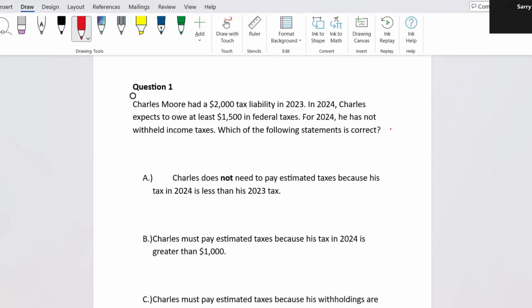Whether somebody has to pay estimated taxes, or how much they pay, will be tested on the Enrolled Agent Part One exam. Typically, to make it easier, the rule is that estimated taxes are due if at least $1,000 is owed. There's a part one and a part two to answering this. Part one is that it's at least $1,000 in tax liability. Part two is whether he paid less than 90% of the current year or 100% of the previous year. 100% of the previous was $2,000. 90% of the current is $1,350. He paid zero. So let's go through these now.